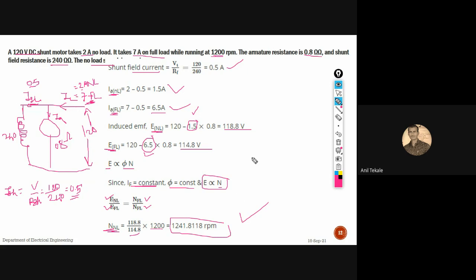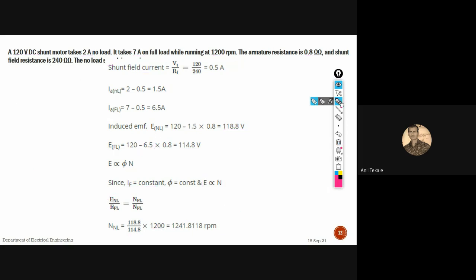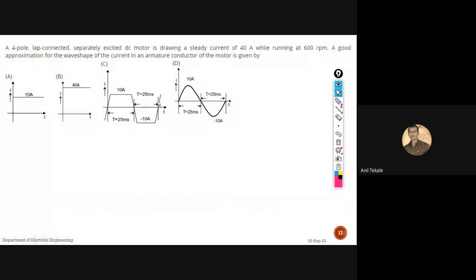That is the right answer, and we can have 1 or 2 marks for this right answer. So this is again a very simple example we have seen. Now this is a crucial example. This is a hard example which can be asked in a GATE examination. For this kind of example, we have to take more effort to solve.